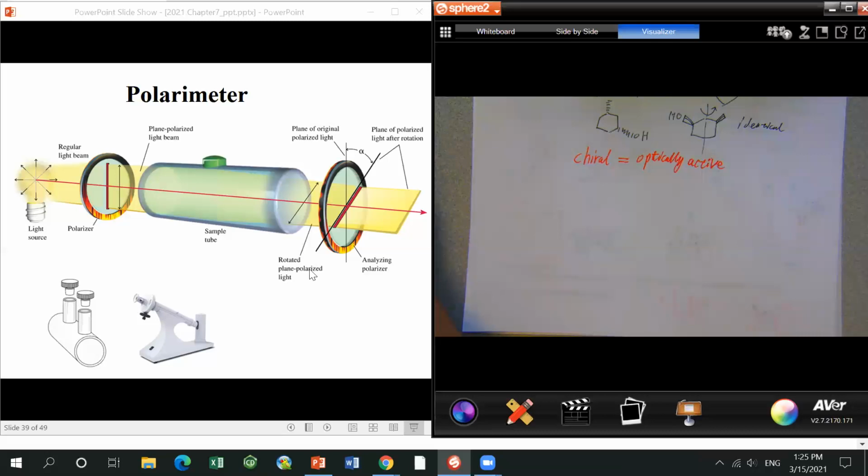Nowadays there are more automatic instruments: as long as you put your sample cell inside, it automatically tells you the rotation angle. In the chemistry department, we have this instrument, just the manual one. When you get the observed rotation, with certain degrees,